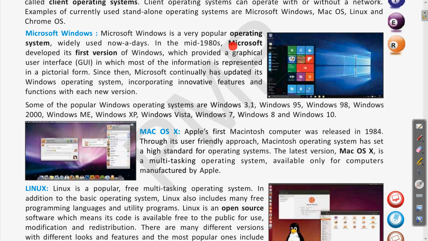There were various earlier versions of Microsoft Windows like Windows 95, Windows 2000, Windows 2007. Recently we are having Windows 10. So these are all the different versions of the Windows operating system. So the first version of Windows was developed in the mid 80s, meaning around 1985. Search and find out what was the first Windows operating system and in which year. This way you can find out, and it will be interesting to know the history of that.